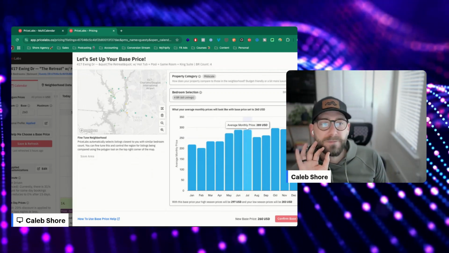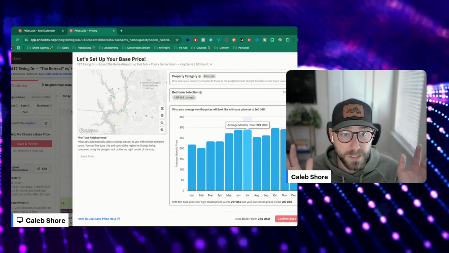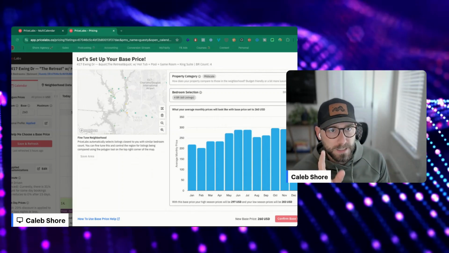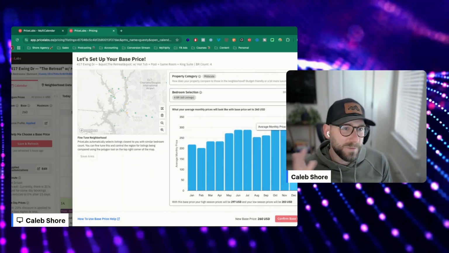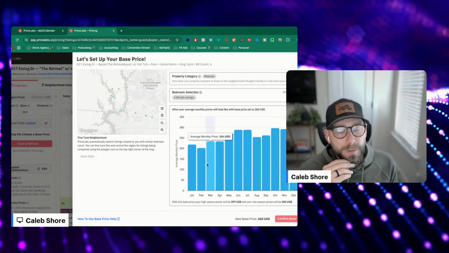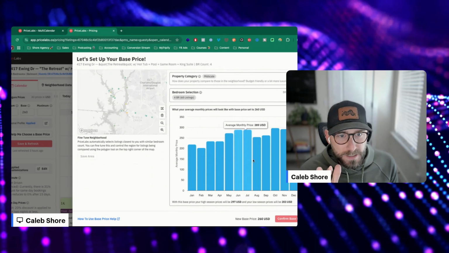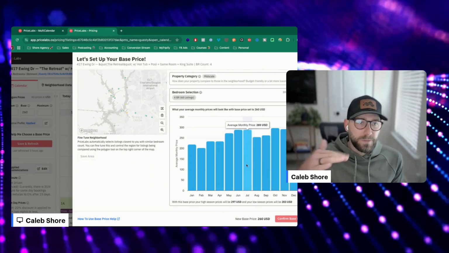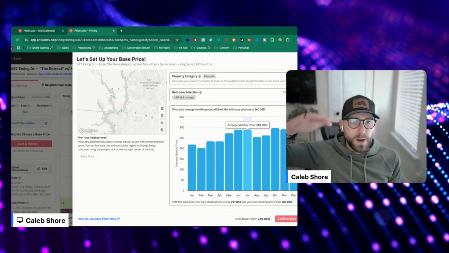But just like base level, you don't have to know a market, especially if you're new to this or if you've never used this tool. It's trying to help you out, which it does tremendously. So nothing really to do here. This is more of just information. Whenever I'm setting up a new property, I'll usually screenshot this section. This just gives me an idea of where the peaks and valleys are, like where do I want to be